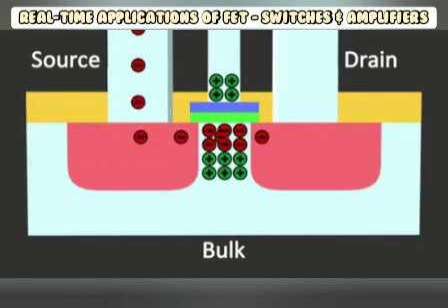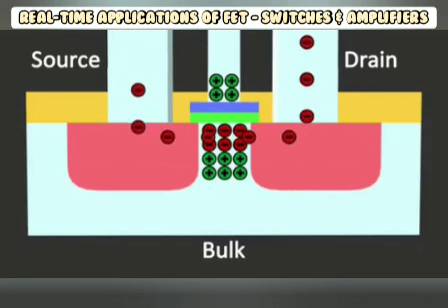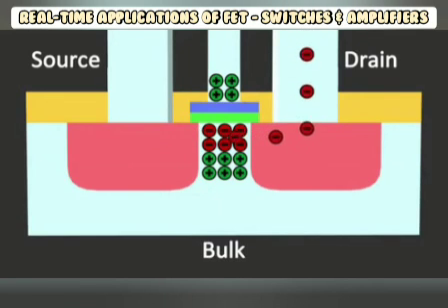Whether we are applying it in a large scale application, we can give a large flow of current, and when our application is small we can also reduce the current according to the need we have. So in real time it acts as a voltage controlled resistor in many switches and amplifiers.